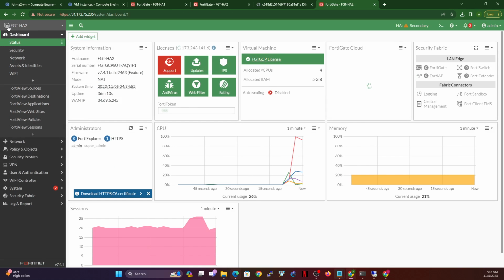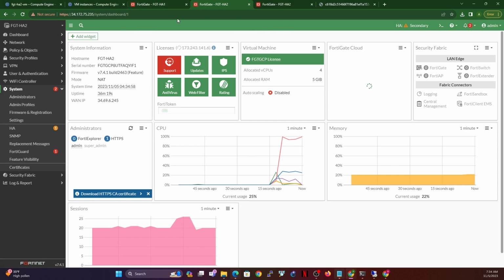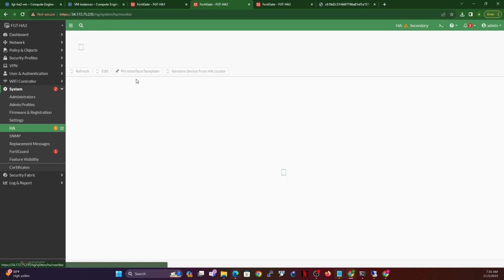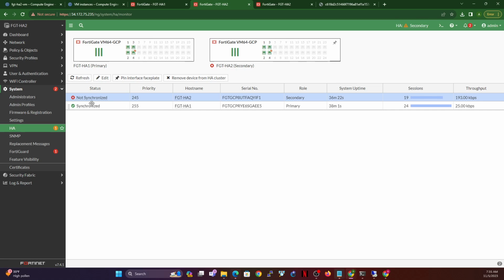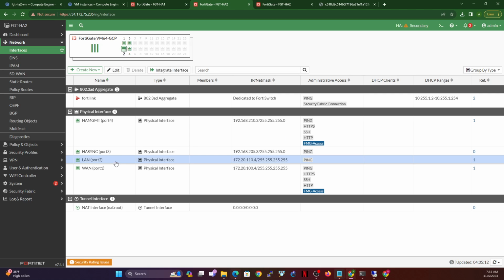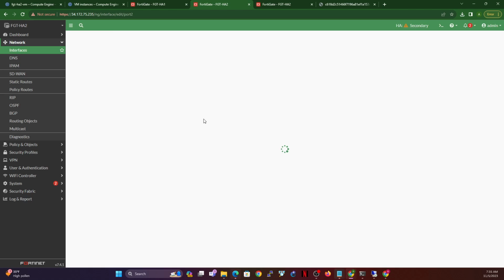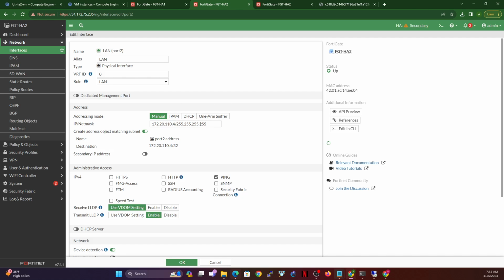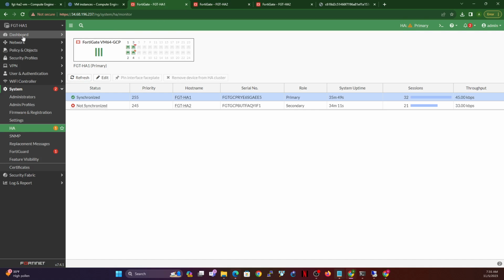Great. So notice we're in HA2. We're able to access HA2 using the management interface. Now, if we go to HA, notice it's not synchronized. This is the secondary, which is the HA2, and it's not synchronized. What you do to make it synchronized is go to network interface and set the LAN from this to this. Go to HA1 as well, set the LAN